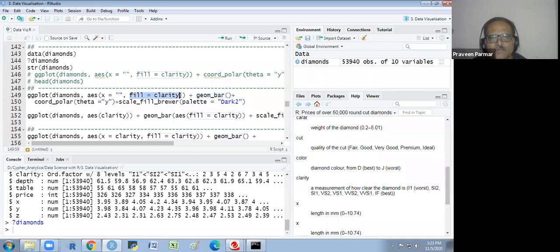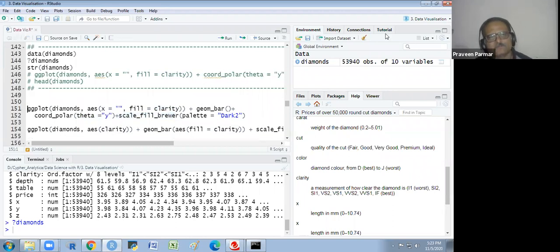I am filling by clarity. Then geom_bar, then coord_polar with theta equal to y. Y means the frequency, how many diamonds there are in each clarity category. Then the palette: scale_fill_brewer, palette Dark2. I will show you the table first.